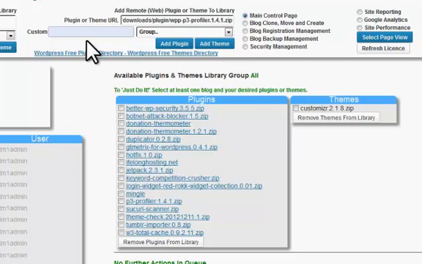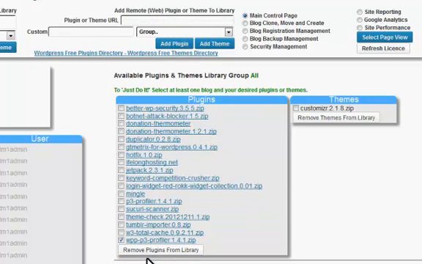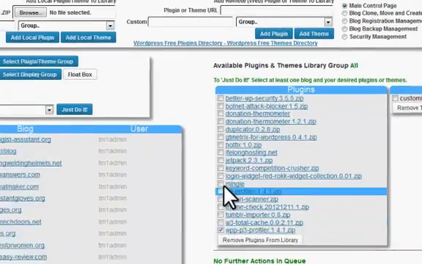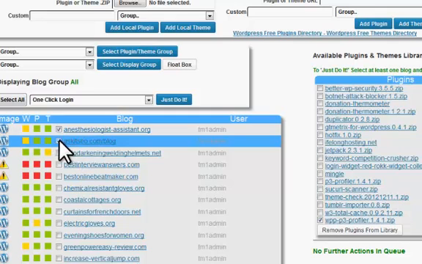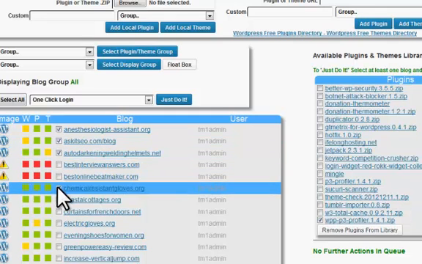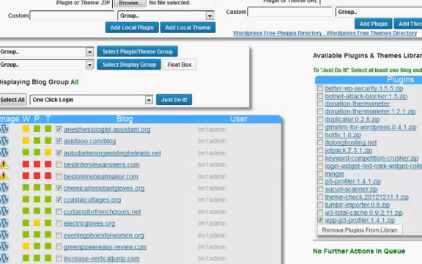I'm just going to give it a custom name and say this is a modified version for WPP, and then I can add that plugin and it will appear down here in my plugin library. There we are, WPP P3 Profiler. Once it's in my library, of course, I can deploy that to one, some, or all of my blogs as I like. If I go back to the site performance page,